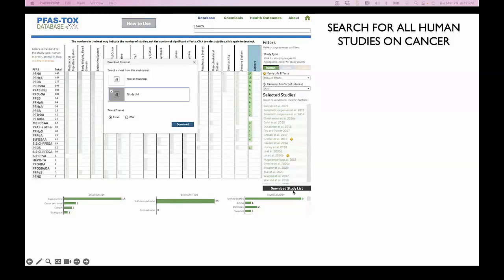And if you scroll down here, you can see a little more, but you also have the option to click this download study list button. And when you click that, this box pops up and asks you what sort of format you want. There are multiple options, including this heat map, but other options above. And I just want the study lists themselves. So I click on that, and then I can either decide on Excel or CSV and click download. Then I get this file that looks